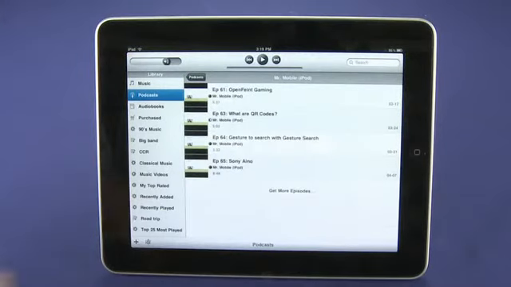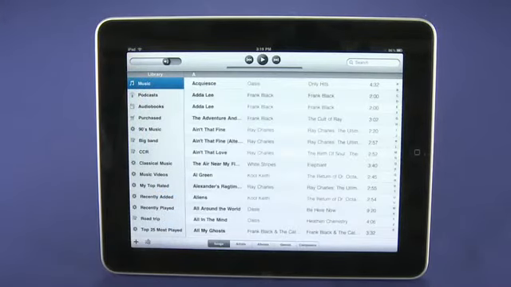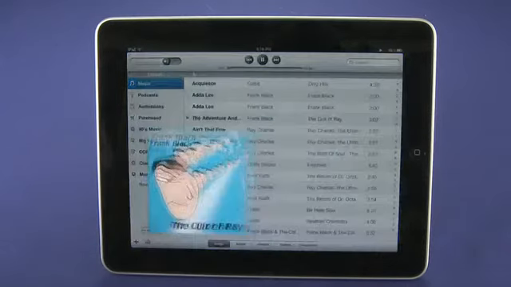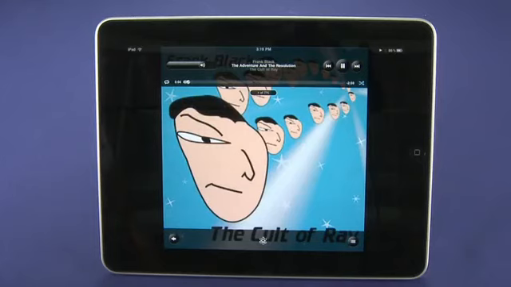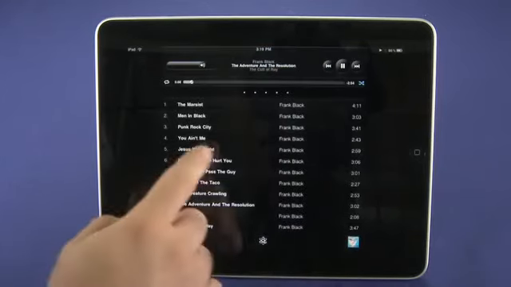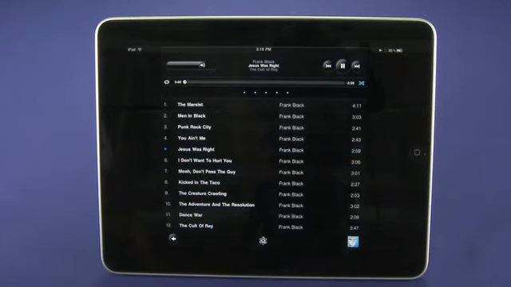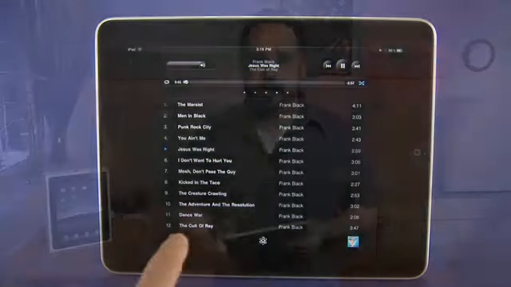iTunes on here is a great experience because they've done a better job, I think, of taking advantage of the screen space compared to on an iPhone. One thing that's actually missing out of here is Cover Flow, so if you're a big Cover Flow user, you're not going to find it on here, but generally speaking, they've done a better job of sort of being able to browse around, I find, than they have done on the iPhone, and even in some cases, better than iTunes